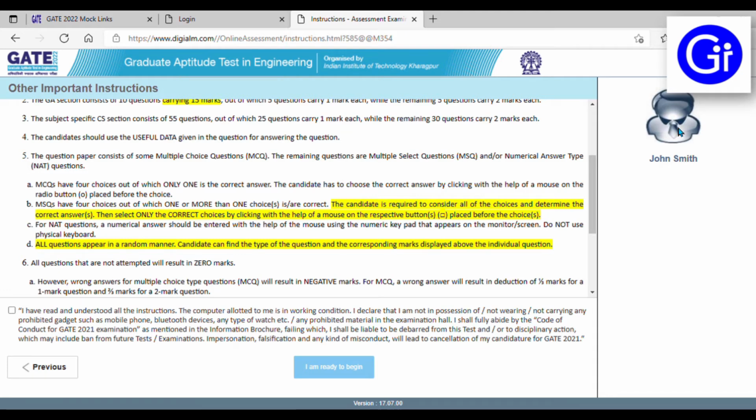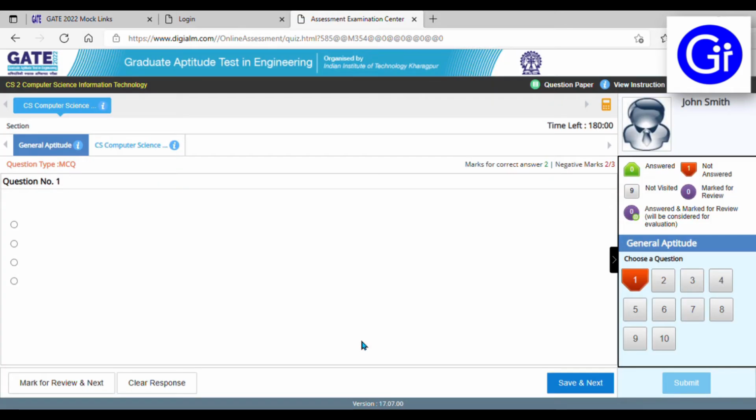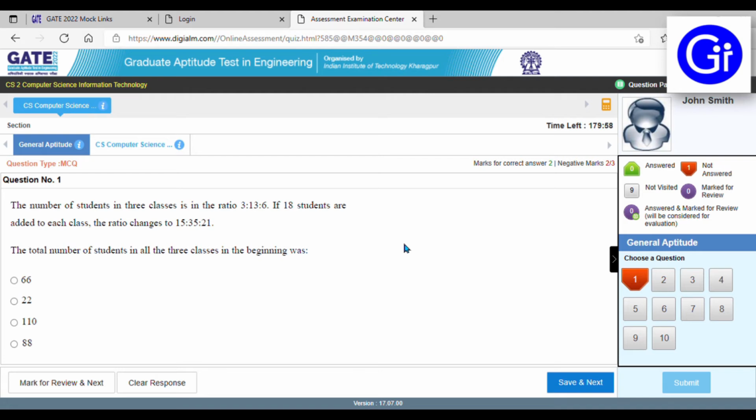You need to verify that the photo is yours, which you uploaded when you submitted the form. At the end you need to confirm that you have read all the information, and then click I am ready to begin. Once you click here, the exam will start. On the exam day, you will be allowed to click on I am ready to begin only when the clock ticks the exact time when you need to start the exam.